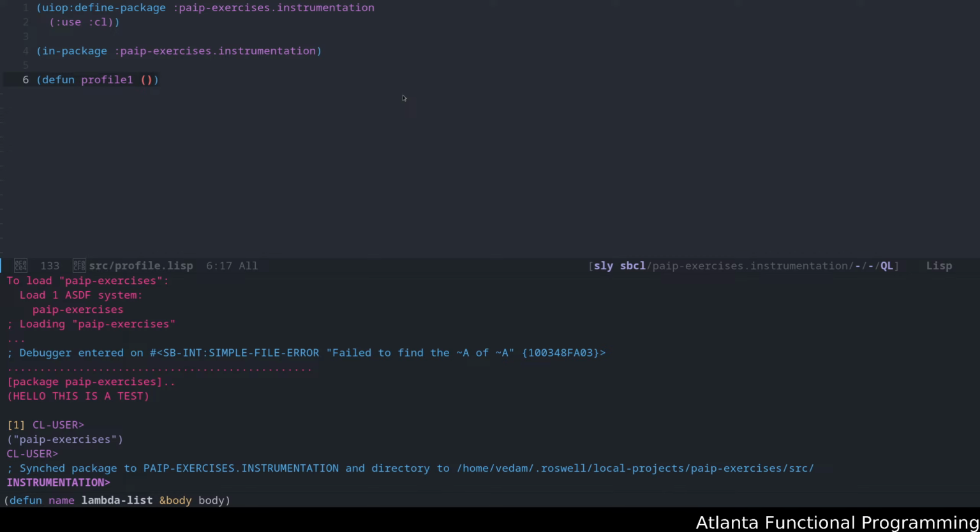And since we're using CL in our package, we cannot actually use profile as an interned symbol within our package, unless we somehow unintern that profile, and that could cause some problems later on. In fact, I think it's disallowed. There are some reserved symbols that the implementations prevent you from changing. At least the book was mentioning this.